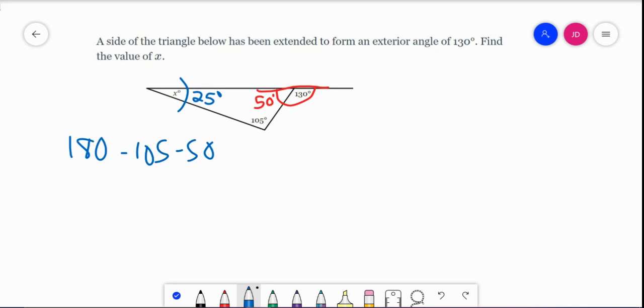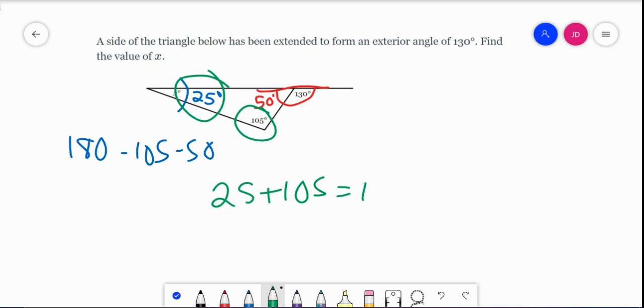Now, a rule of thumb that you'll notice whenever you have an exterior angle of a triangle: a shortcut way to figure out what the exterior angle is, is by adding the two non-adjacent interior angles of the triangle. So take a look here. 25 plus 105 is 130, which is the exterior angle. Look at that. So that's a good way to check your answer,